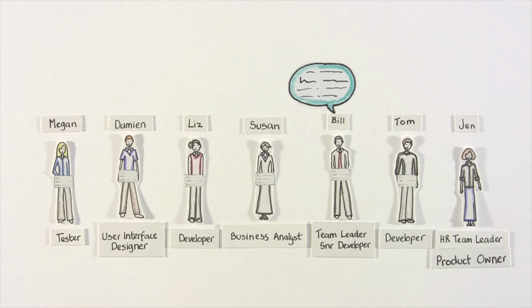Okay everyone, we can now prioritize the work. We want to make sure that we deliver the cards with the most business value as soon as possible. Welcome Jen. Since you're the product owner, I'm really happy that you can make it for this meeting. Your input is important to decide the value of each of the stories. I would like to point out right from the start that prioritization is a whole team effort. So, while Jen is the product owner and makes the final decision, we all have a say and can contribute to the process. Susan will now run us through how this is going to happen.